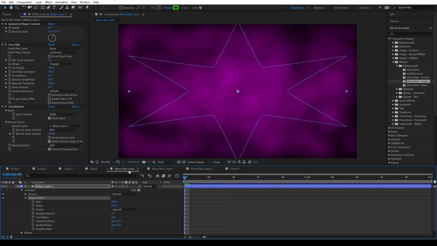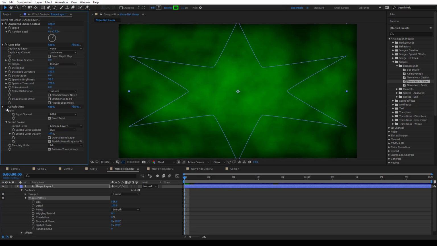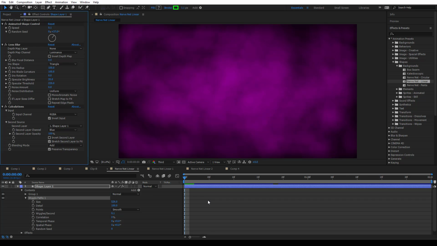Now let's go back here, and you notice here what I have done. I took the iris radius to 100, the iris blade to 100, specular, just a random figure, 35 has worked with me, 220, change the color to yellow, and if you remove the calculation it will become green, put back the calculation, it is somehow purple or something like this. Now you run this animation, you notice it's very speedy, yet the wiggle per second is 0.1 and the speed is 0.1. So maybe you need to take down the size or the details, play with it, fiddle with it,